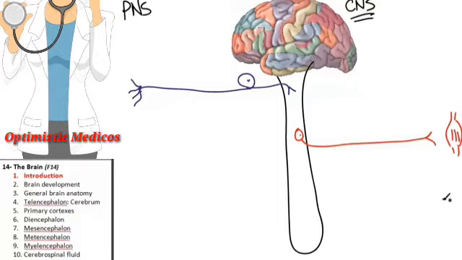Sometimes the central nervous system really doesn't do much. Sometimes it literally does nothing. Sometimes you can have a sensory neuron synapse with a somatic motor neuron, and you would end up with some kind of reflex where there is no processing in the central nervous system. There is no integration. It's automatic. That's not the norm. That's not the most common.